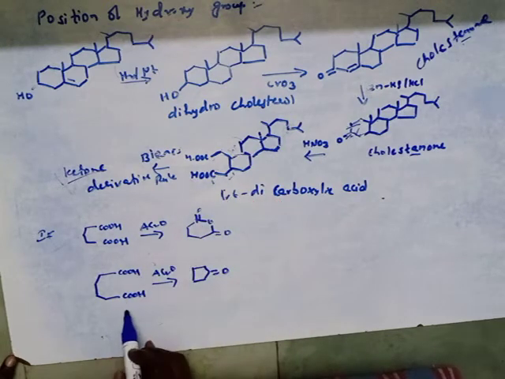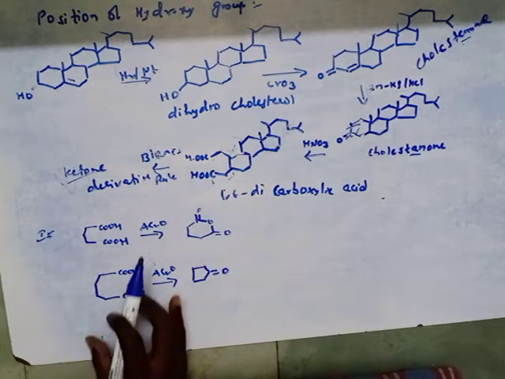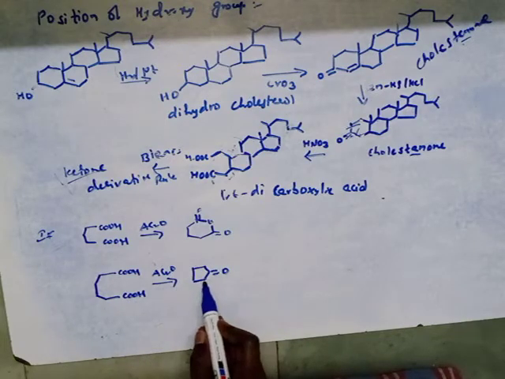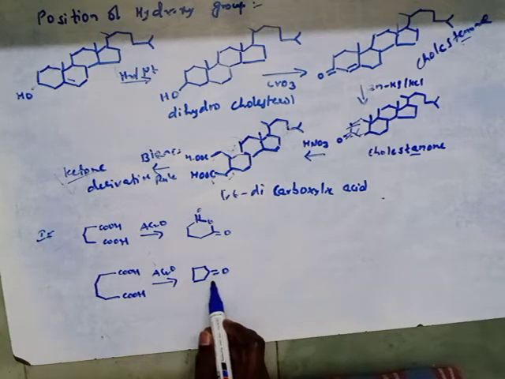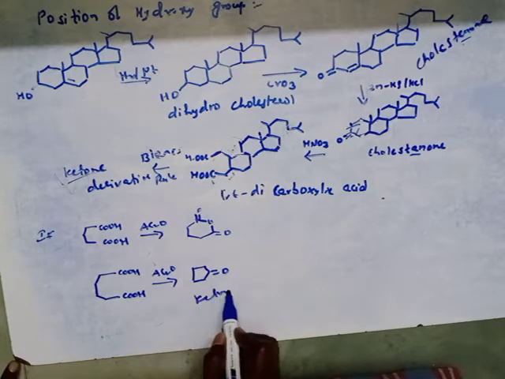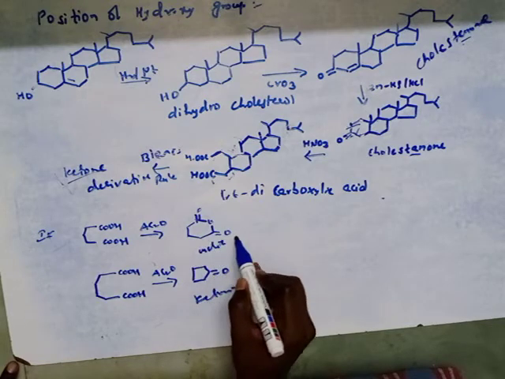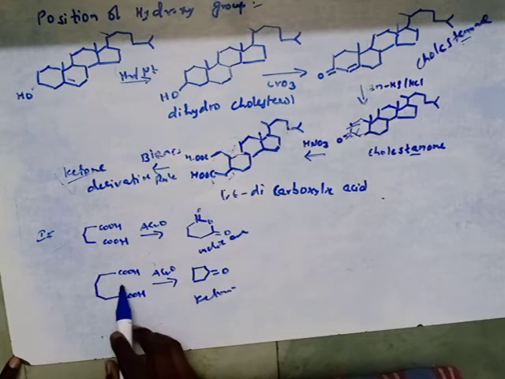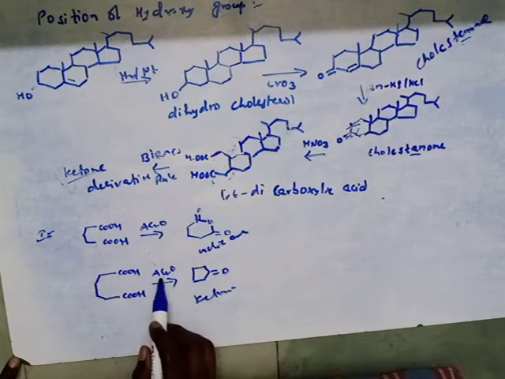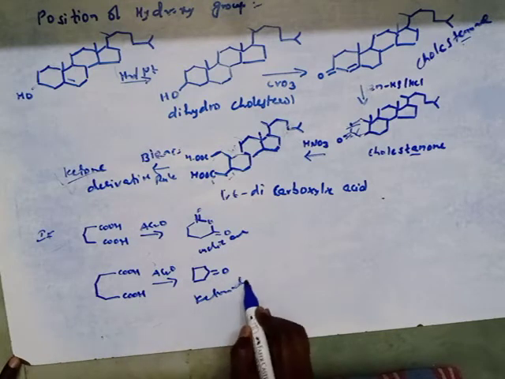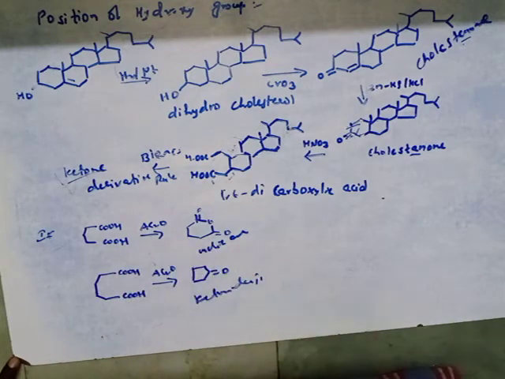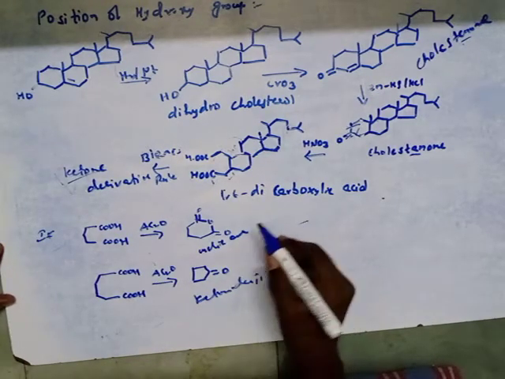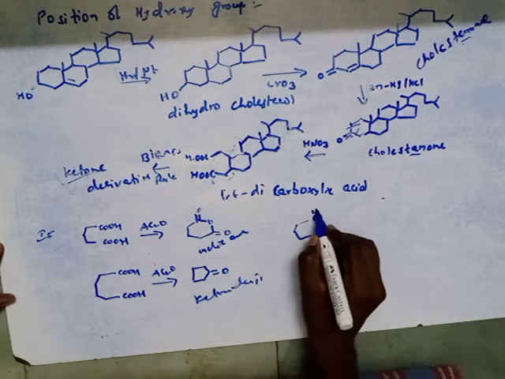But here, a 6-membered aliphatic carboxylic acid reacts with acetic anhydride to form a cyclohexanone derivative, that is, only the ketone derivative is formed, whereas a cyclic anhydride will be formed in the other case. A 6-membered ring aliphatic dicarboxylic acid reacts with acetic anhydride to form a ketone derivative. See how it will be formed. Just see here, how Blanc's rule will be applicable for these two reactions.